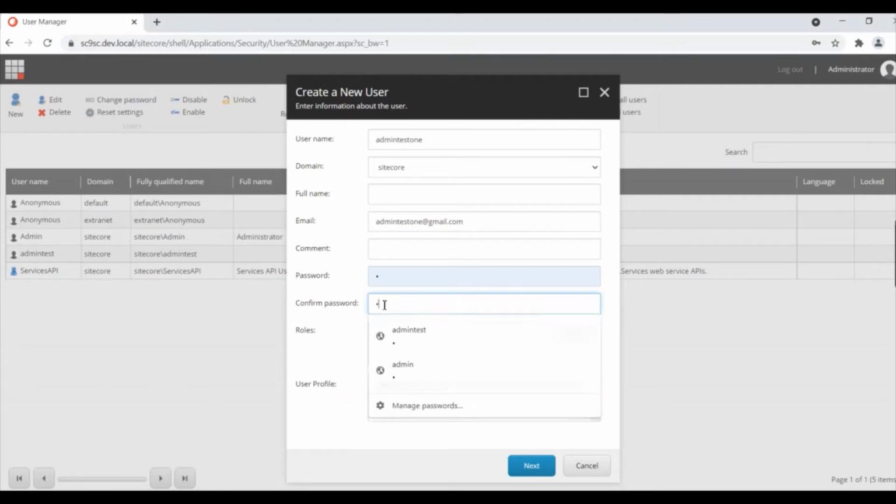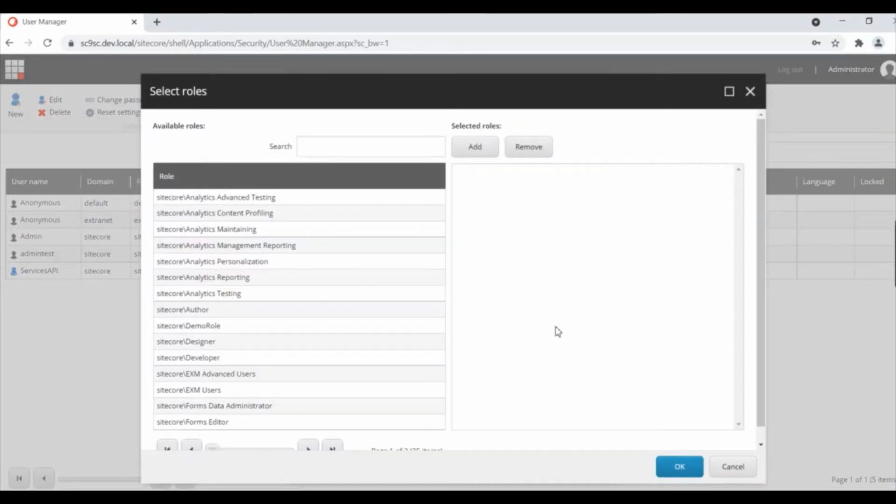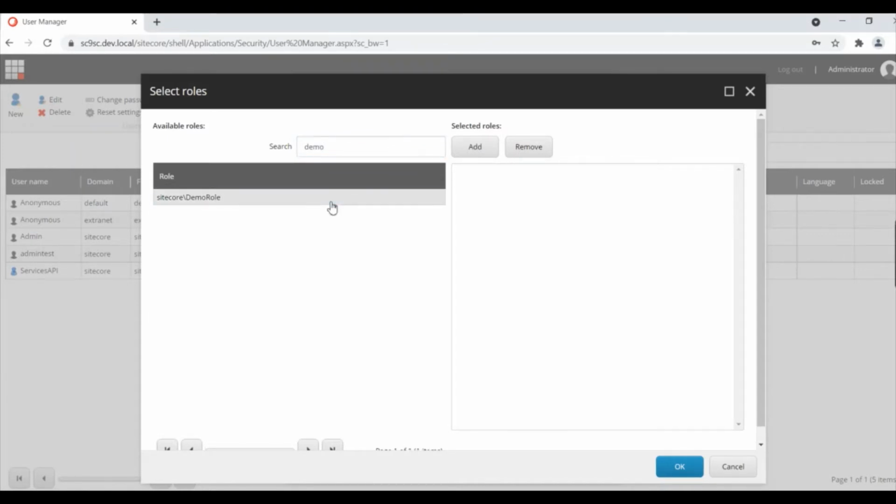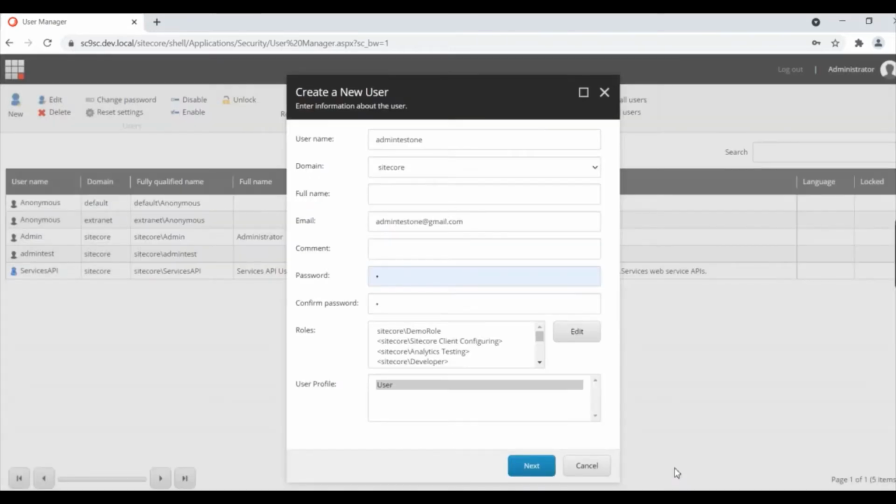I'm giving some dummy password. Here I am selecting my created role, Demo role. I include my demo role in my user. Whatever roles I assigned come in this list. Next.